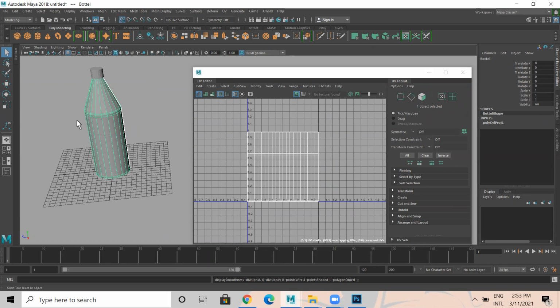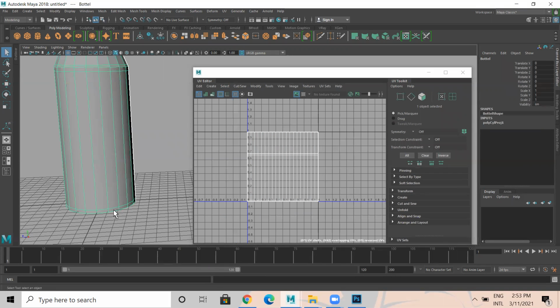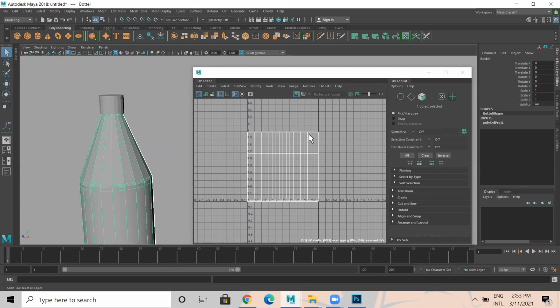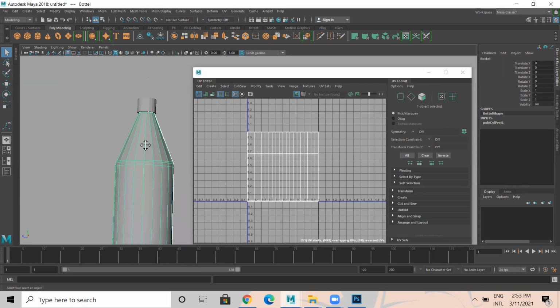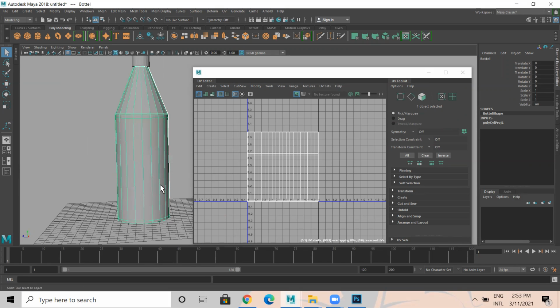It's properly done. So now you can see there are three loops here, the top loops which you can see here. Okay, it has to be like this. Now let's say, for example, where do I need to add a label for this bottle? Where do we need to add the label?